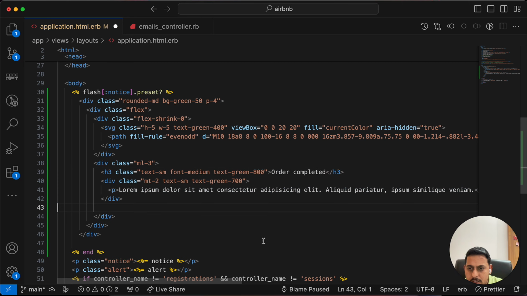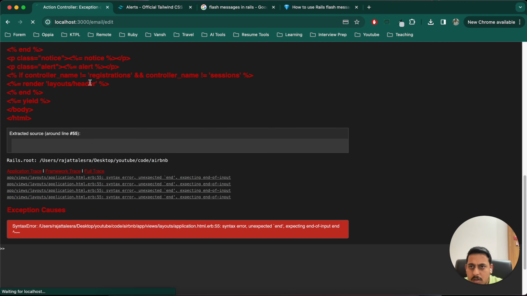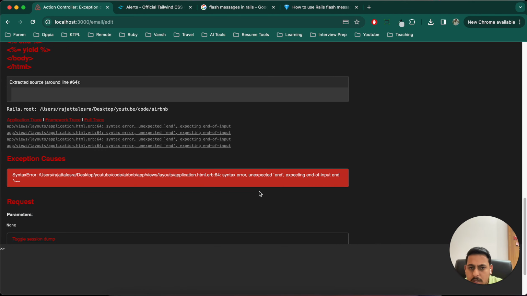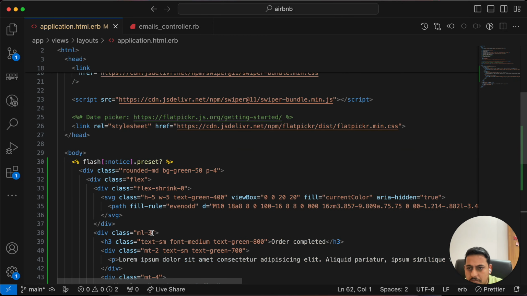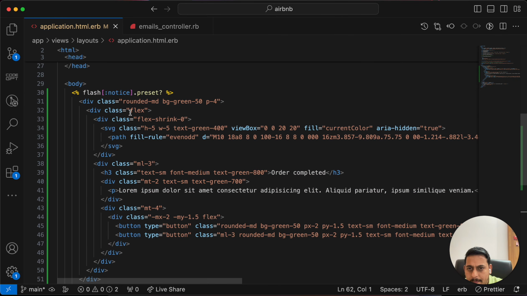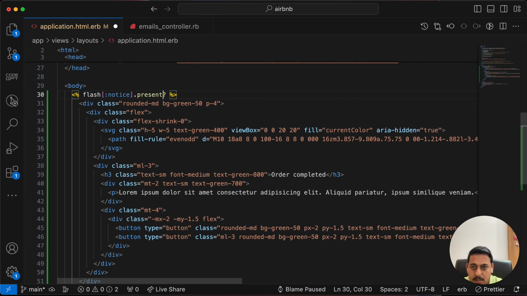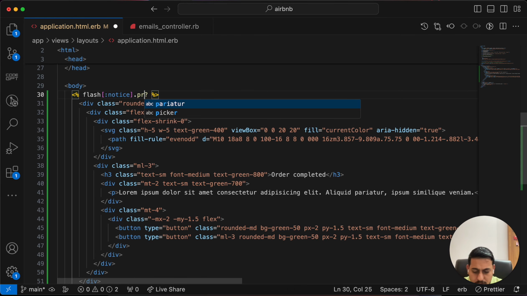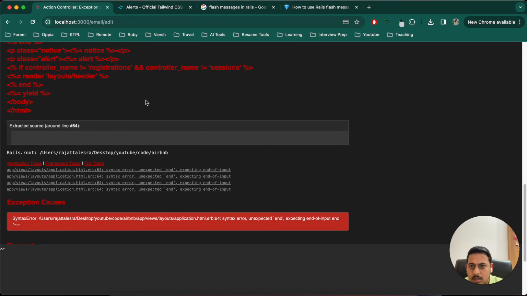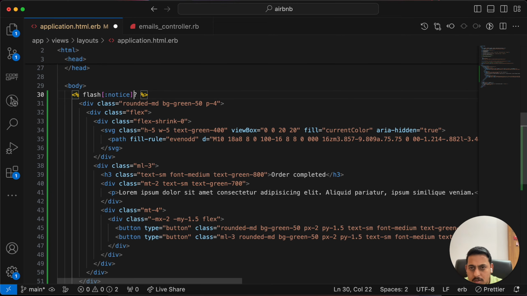Let's not make any change. Keep the original code. Run this. Still getting error in line 64. Okay, present, that's incorrect. Present. Refresh. Nope. Sorry. If,